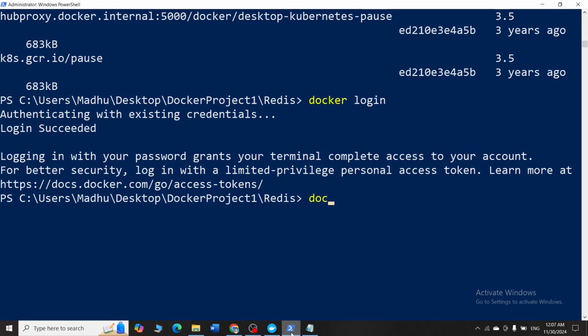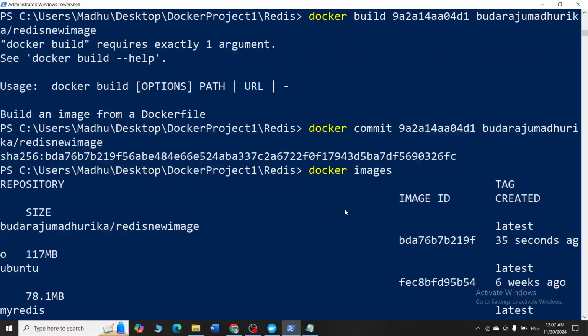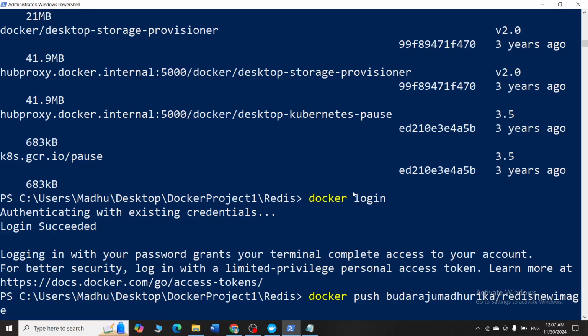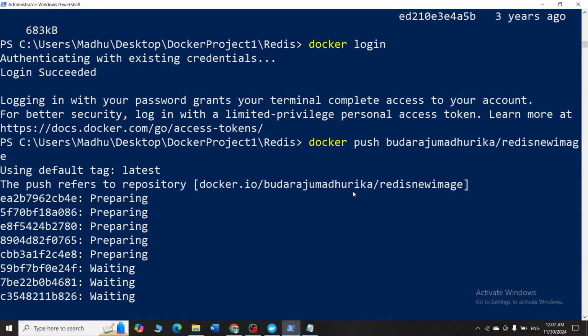Now simply I will say docker push and I will give the image name that I have stored in the local repository. So what is that? It's Budharaju Madhurika / what was the name that I gave there? It was Redis new image. Okay, so when I press enter, everything will now be pushed into our remote repository.